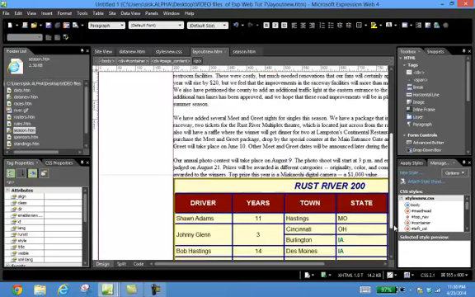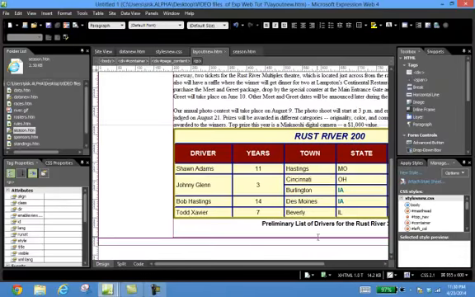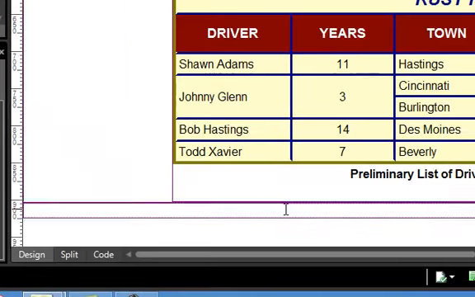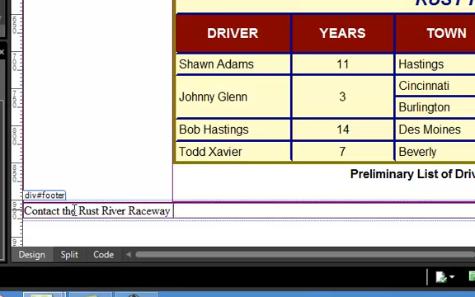Below the table, go all the way to the bottom, there's still another purple box at the very bottom. If I click inside of that, you'll see the word footer. And the footer information is on page 414. I'm typing the phrase, contact the Rust River Raceway. Again, this text is on page 414, and those instructions at the bottom, at Rust Raceway, hopefully I spelled this correctly,